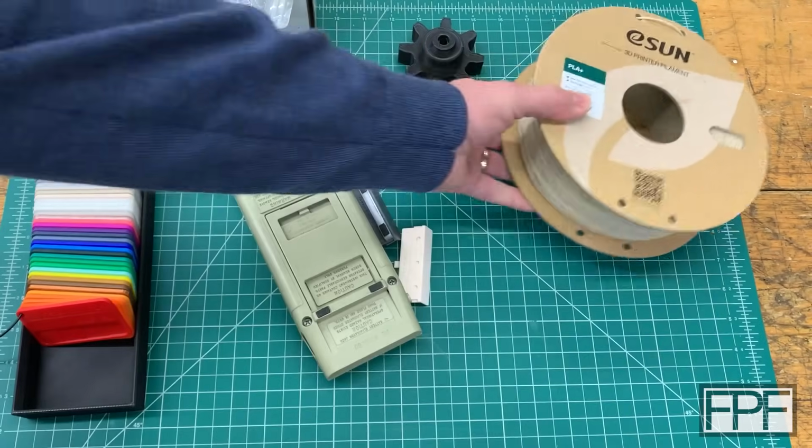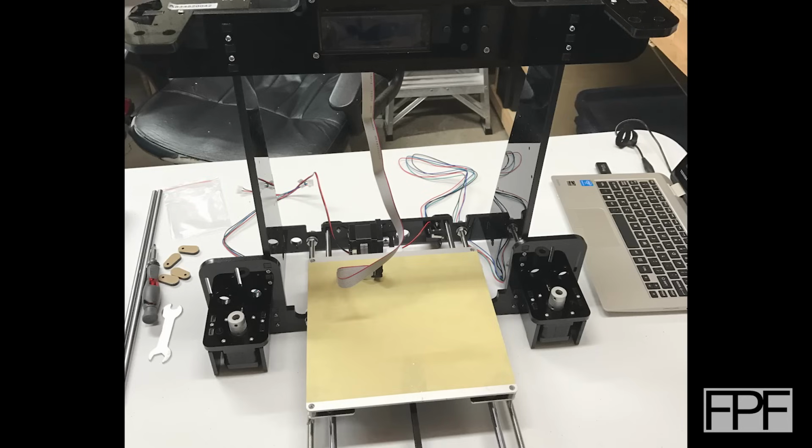Okay, the next thing I want to talk about is actually the printer that got me into this hobby. The first printer that I ever had was an Anet A8 that I bought as a kit in December of 2016. And for those of you that have also been in the hobby for a long time,